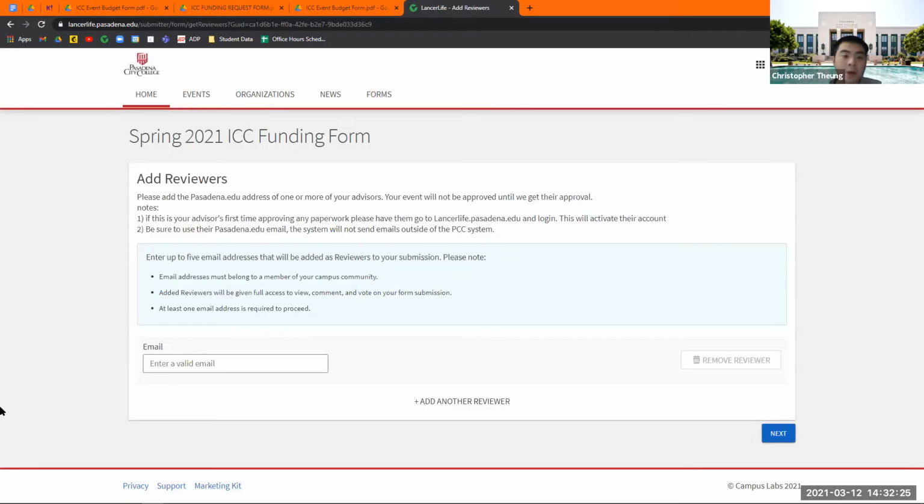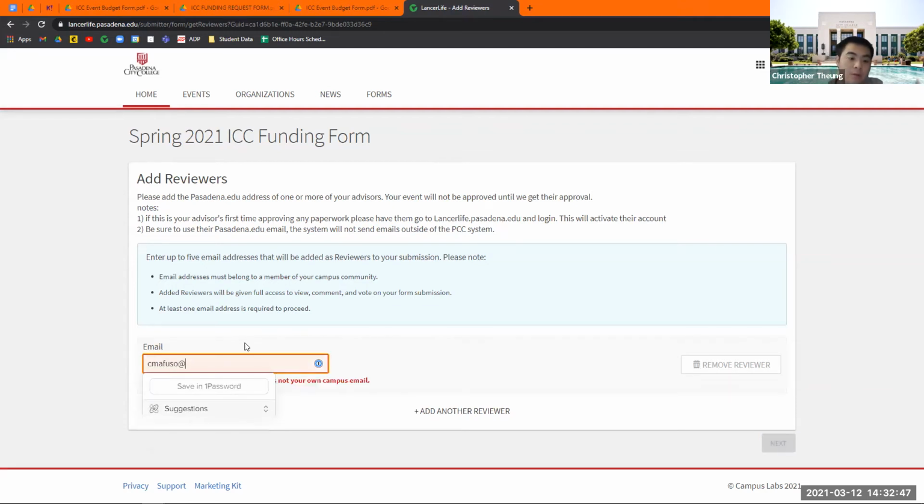So last step here, and probably the most important step. Make sure you pay attention when you're entering in this portion here. This is the part where you're going to add a reviewer. My reviewer is going to be Carrie, and that is because she is the advisor. So your reviewer is also going to be your advisor or co-advisor of your club. But when you enter in their email here,